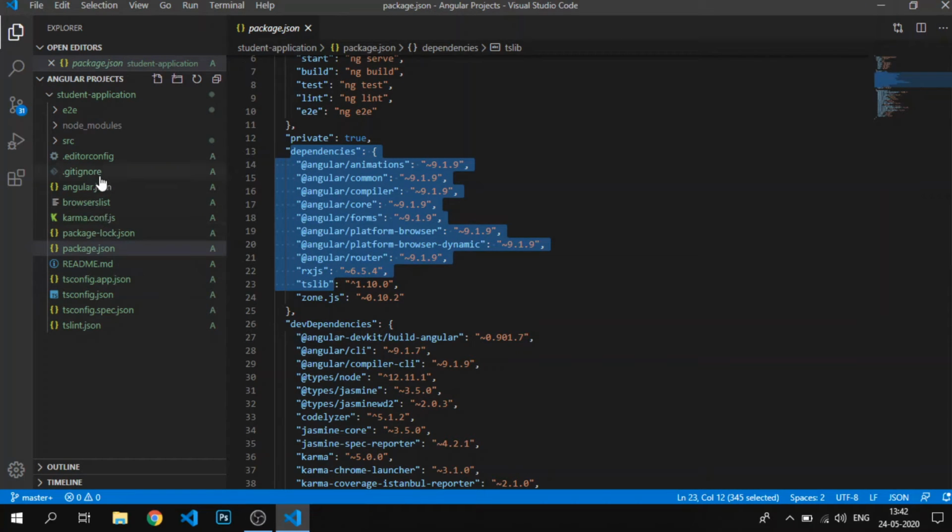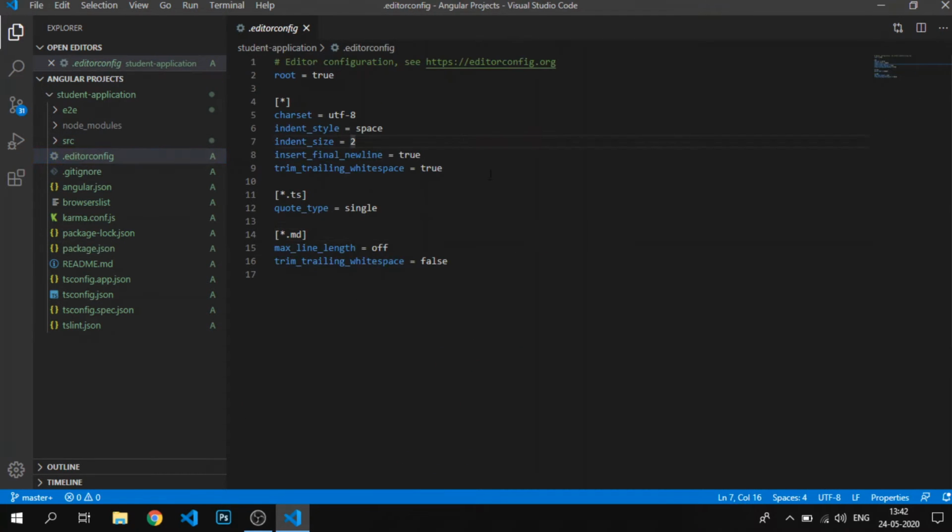And the next is the src folder. Here the actual development which we are doing is in this folder, so we will take a look in a moment. Editorconfig is a file in which we mention the basic properties required when many developers are working on the same project. So it is to maintain a standard